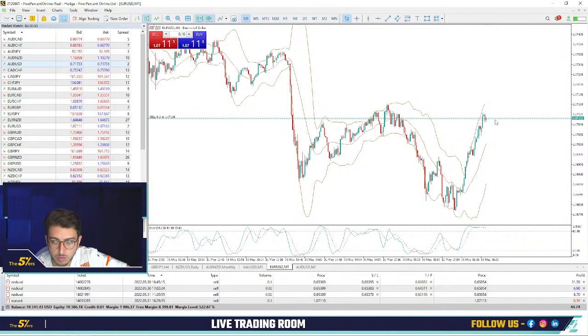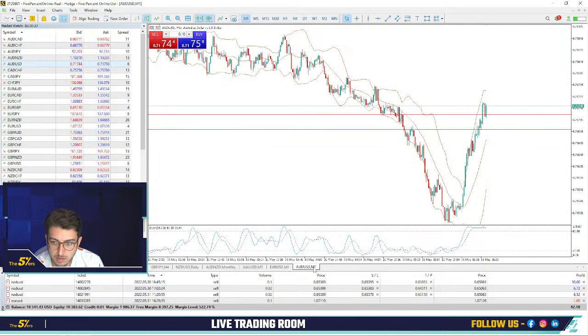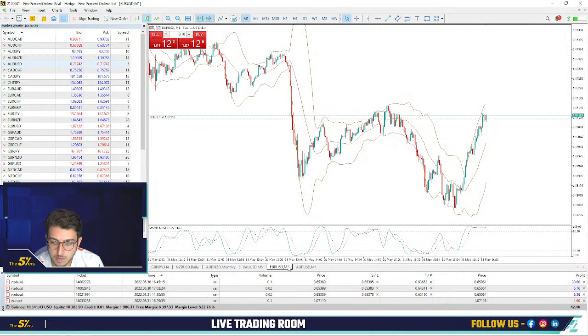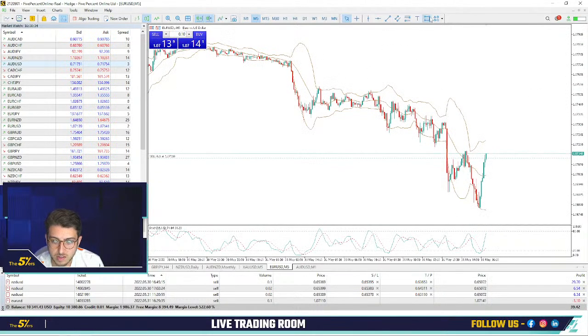Short scalp here on the euro dollar. I should be very careful and close very fast if the price breaks out above this point. I see the dollar index on my left screen. It looks like the price is getting bounced on the average. I might be looking for that. The next zone might be here on the supply on the M5, starting to get down.